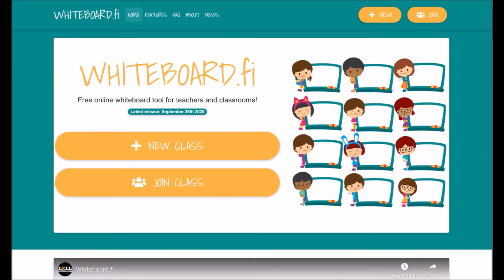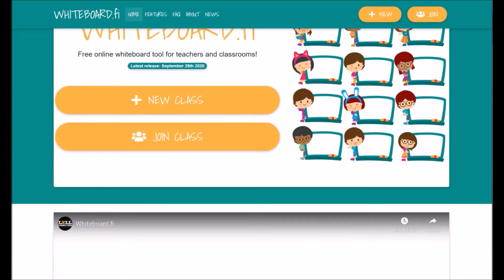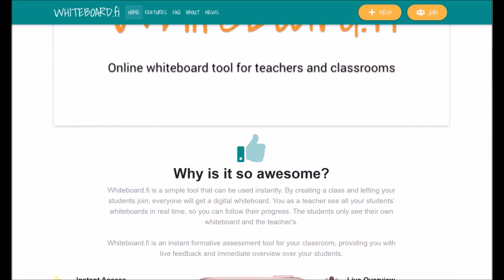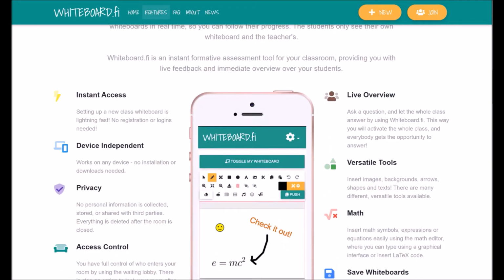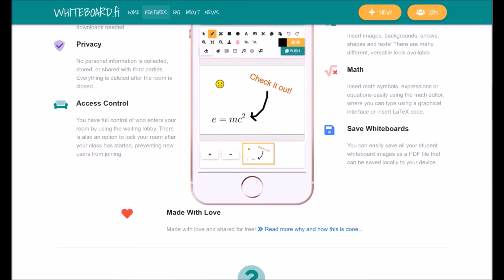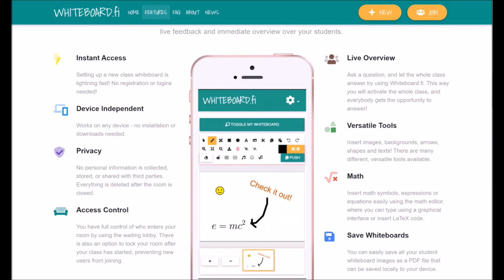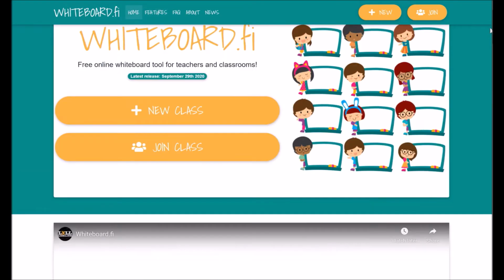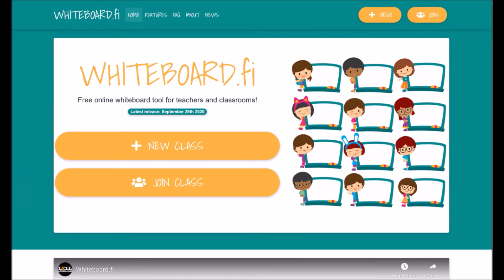Today we're going to take a quick look at Whiteboard.fi. This is a website that seems to be becoming more and more popular amongst staff and teachers, and for good reason. There's a lot of great things you can do with this website. It's a great way to formatively assess students, and today what we're going to specifically look at is how I